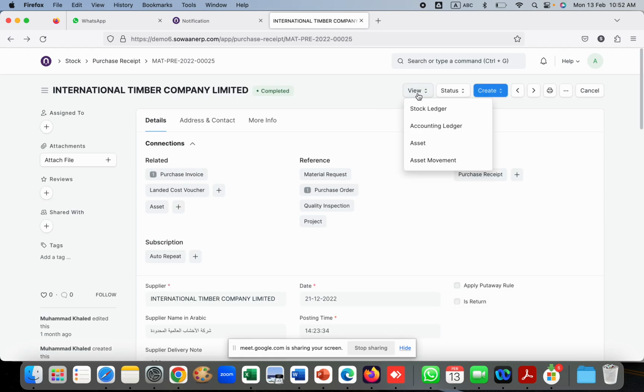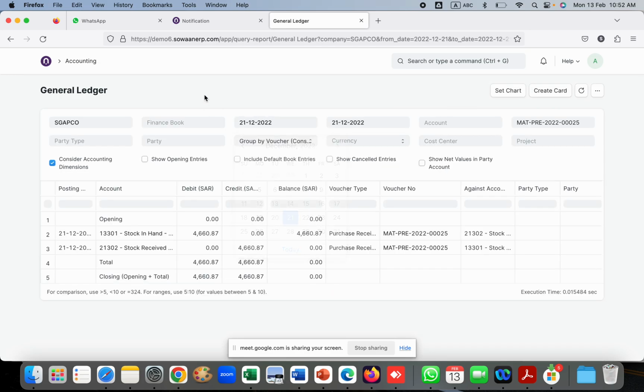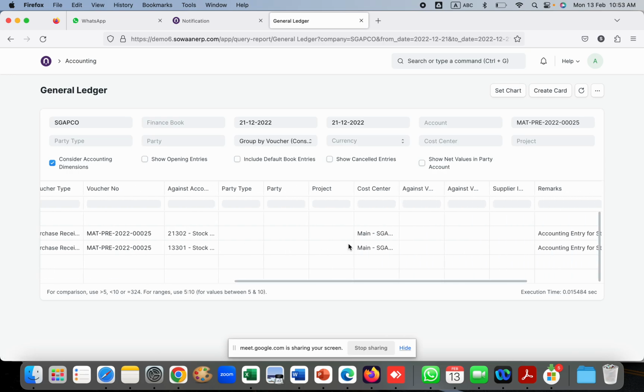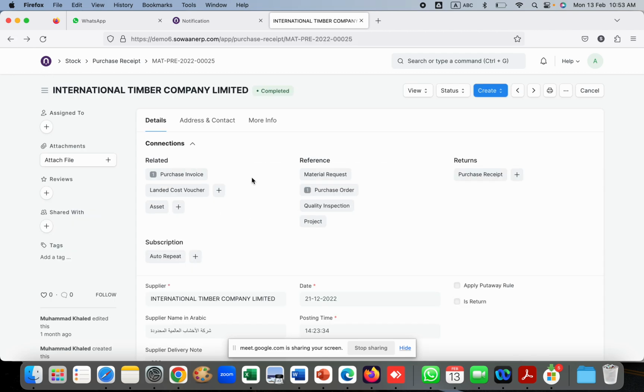And the same way you can see the accounting ledger as well. You see here, it will show that it debited stock in hand and credited stock received. This way, all the information will look like this. Is this clear, sir? Now, for example, once you receive the item, you will record the purchase invoice in